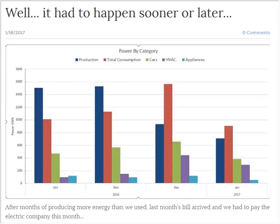This actually just popped up the other day, and one of the things I wanted to point out is this idea of monitoring and measuring. If you have a financial budget, you're monitoring and measuring and trying to understand your goals and where you might be missing them. The same thing is being asked for folks who want to achieve no utility bill homes. So they're monitoring their production, their total consumption. They actually have electric cars, so they're monitoring that usage, their HVAC system, and their appliances. So they're getting a fairly good understanding of where their energy is going, and if there's an issue, they can